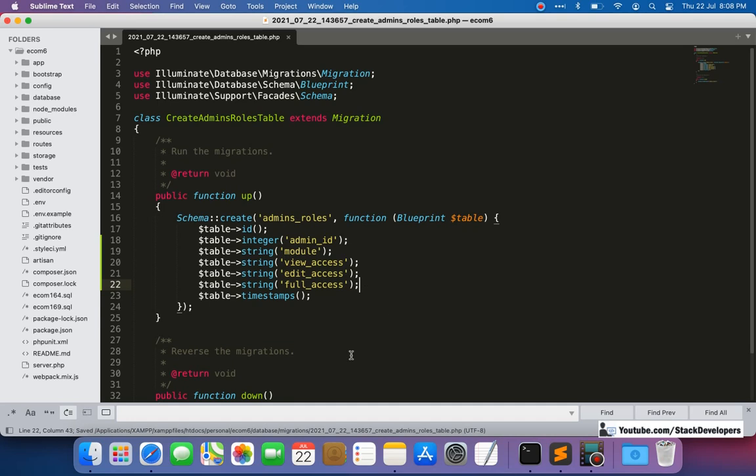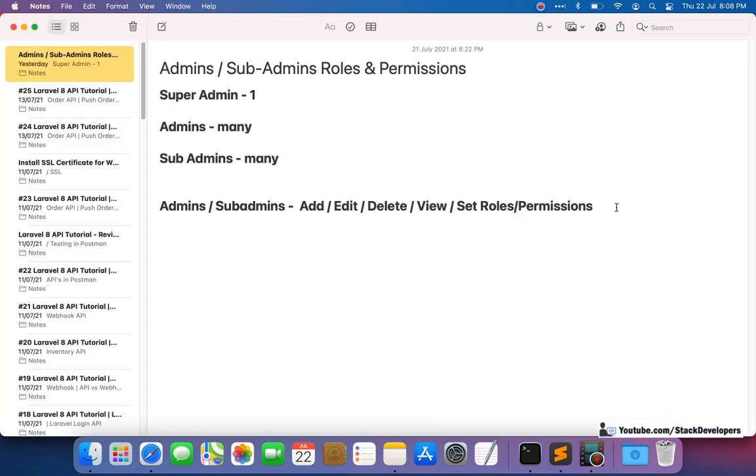So now, first of all I want to tell you what it all means. If only view access will be there, then the admin can only view the feature but can't edit or delete. Only view will be there, and can't edit or delete. In view and edit access, what will happen? In view and edit access, the admin can do view and edit.